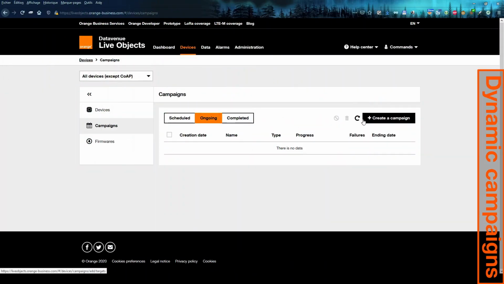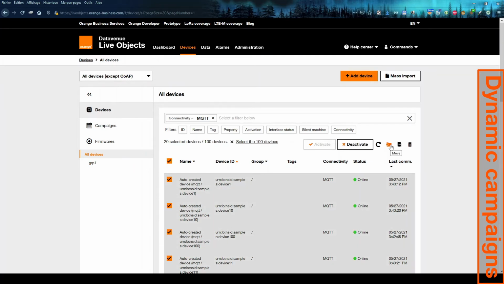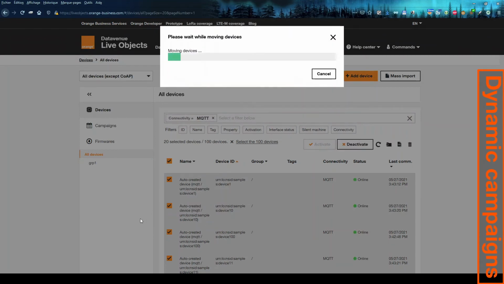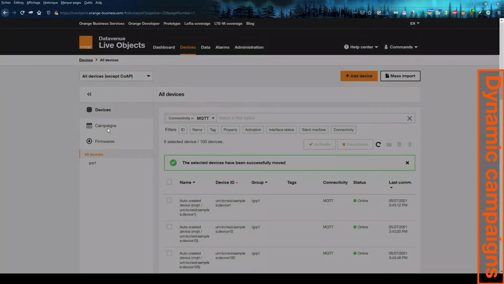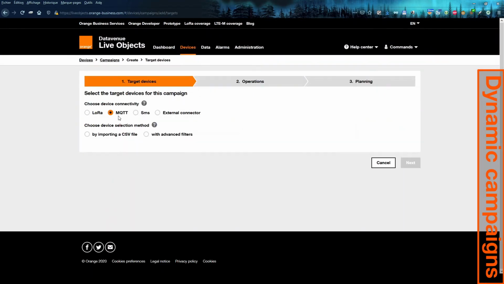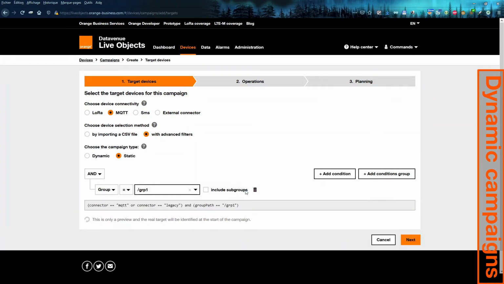Some more options in the campaigns. We could first create a group of devices and maybe move some devices into that group. Move. I will create a campaign on MQTT with group being group 1.